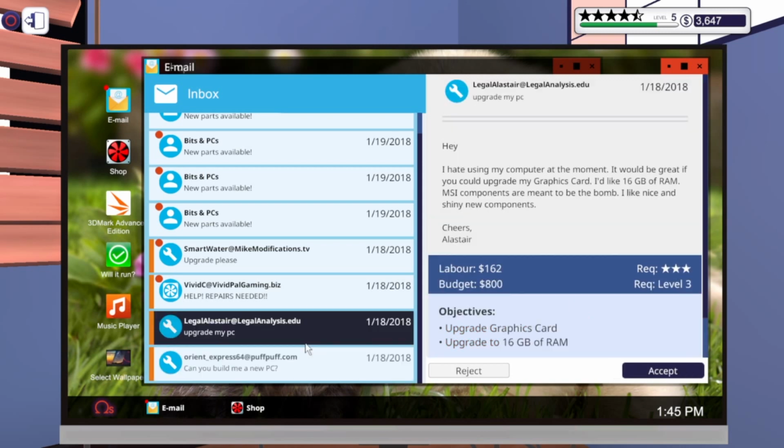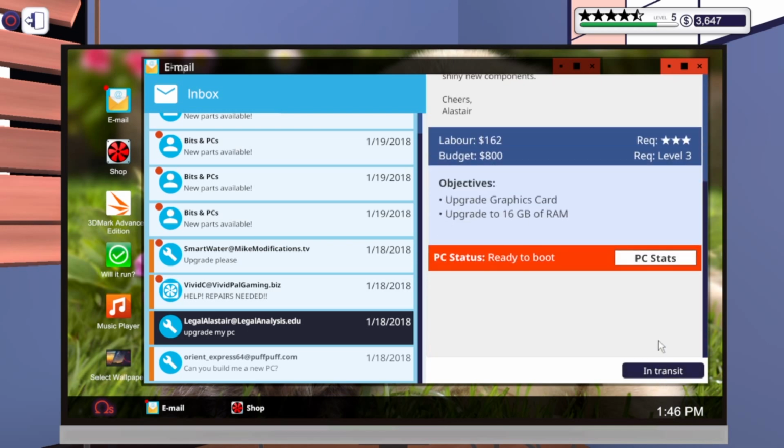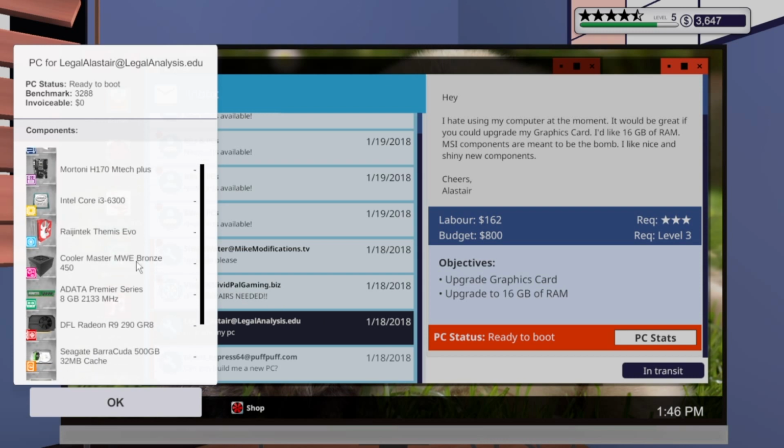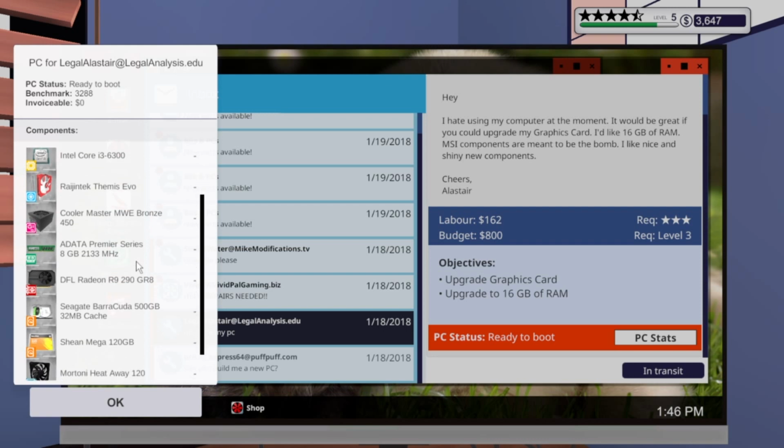but it has to be reasonable. Okay, so let's go to the next one. I like that one, the one that we just picked. Okay, so upgrade, graphics card upgrade and RAM upgrade. Okay, it's in transit. I'm really gonna go ahead and do it. So graphics card is okay, and then RAM is